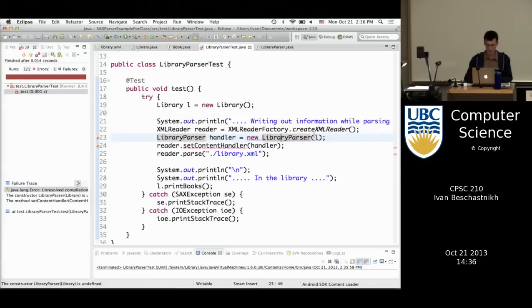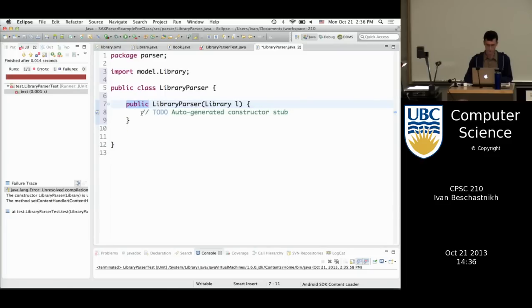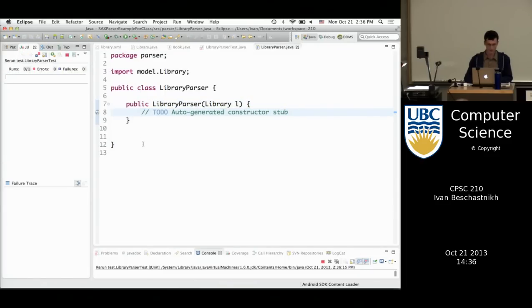So I need to create a library parser. And I need to give it a constructor. So I'm just going to create a constructor with a library. And I'm not going to do anything. And so if I run this right now,